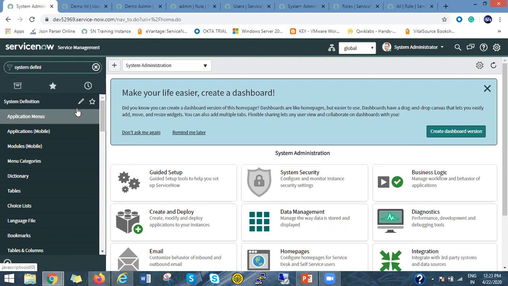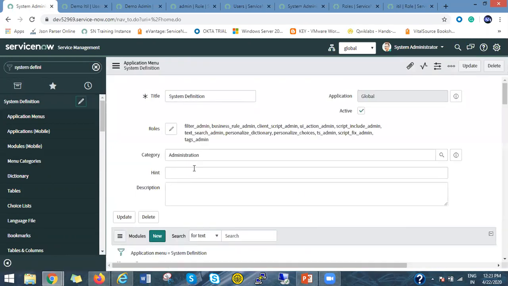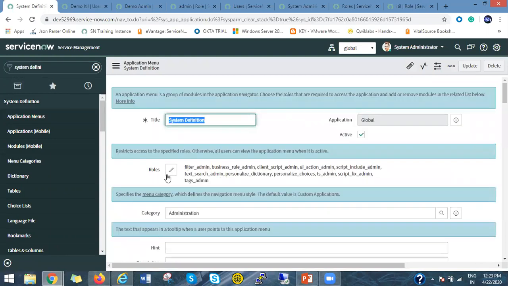The reason behind this, if you click on this edit application, here you can see the roles field is available, and if the user has filter_admin, business rule admin, client script admin, UI action admin, script include admin, text search admin, personalized dictionary or any of these roles, okay, only in that condition can the user see this particular system definition menu.